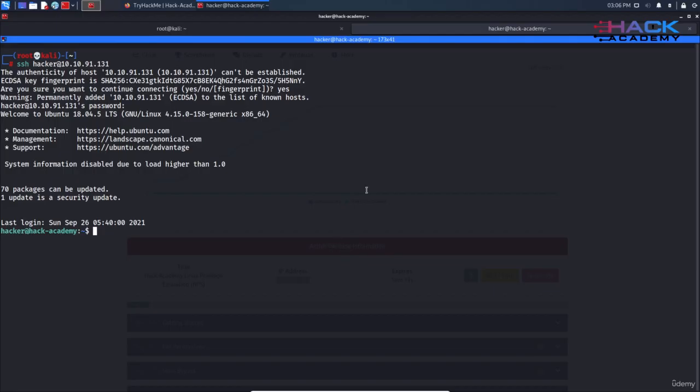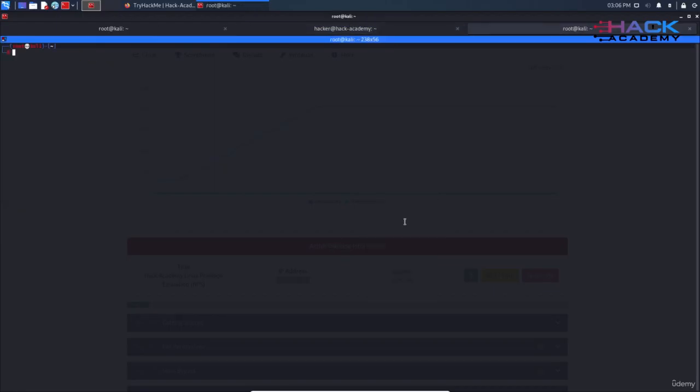Now I will open a new tab on the terminal and I will use a tool called Nmap to scan the open ports and services running on the target machine. If you're not familiar with Nmap, Nmap is one of the core tools used by network administrators to map their networks. The program can be used to find live hosts on a network, perform port scanning, ping sweeps, OS detection and version detection. So the command I'll be using is